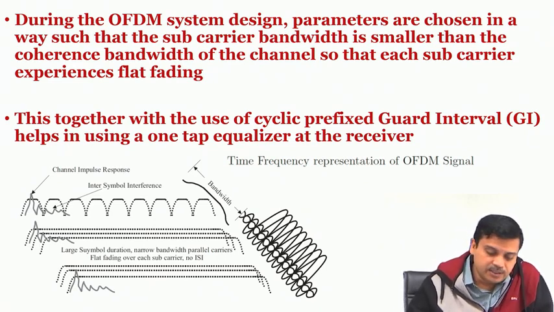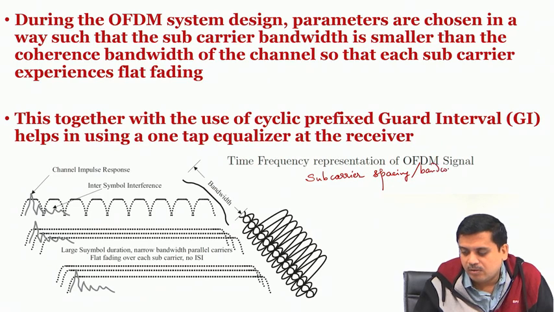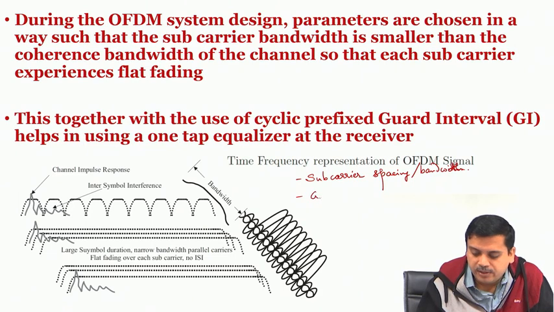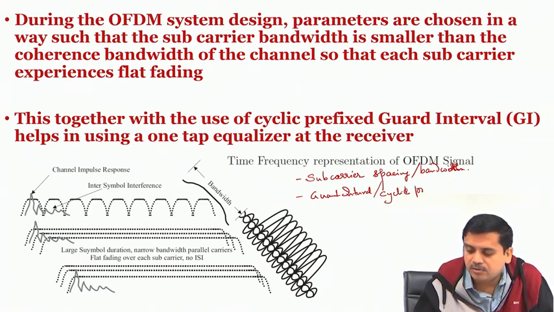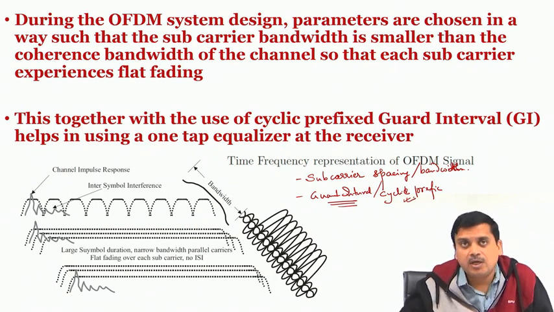One of the parameters is the subcarrier bandwidth, or subcarrier spacing. Sometimes it is also called the subcarrier bandwidth, okay. And the other parameter is the guard interval, which we will discuss. Most of the time it is also called cyclic prefix. So, guard interval is a more generic term, cyclic prefix is a very specific implementation of the guard interval, and